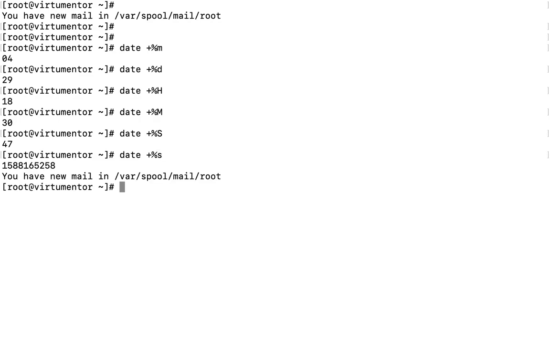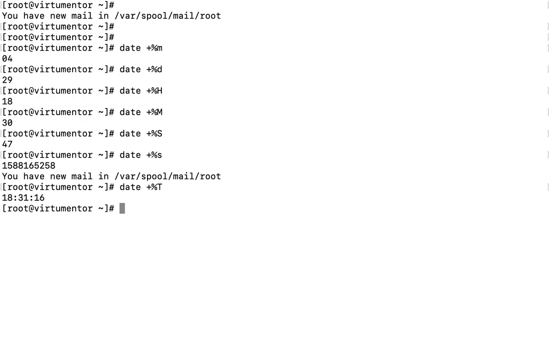Next we'll see how to print hours, minutes, and seconds all together. For that we use the capital T, which will print the hour, minutes, and seconds. So this is for the date command.